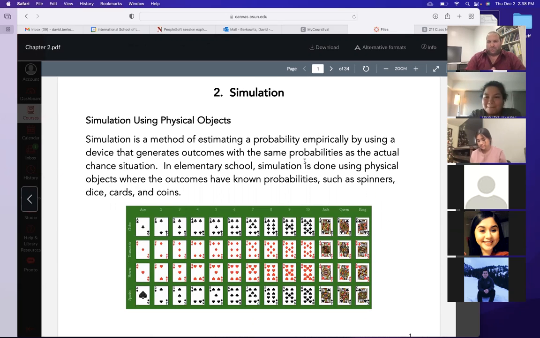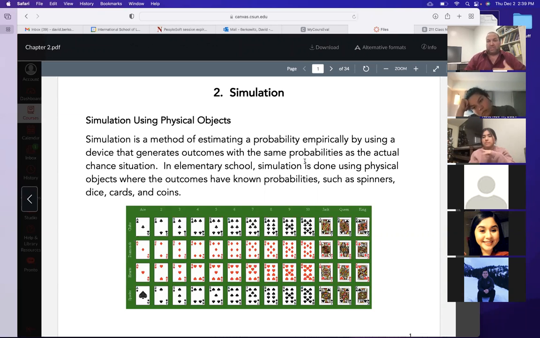Okay, so simulation. So what is simulation? Simulation is when you don't do an actual experiment. You do a different experiment instead. Perhaps it's less time, perhaps it's less resources, or just easier in some way. So if I say, hey, let's flip a coin, and you say, oh, I don't have any coins, oh, no, we can't flip a coin. Well, flip something else that's 50-50. It doesn't have to be a coin. You're simulating a coin with something else.